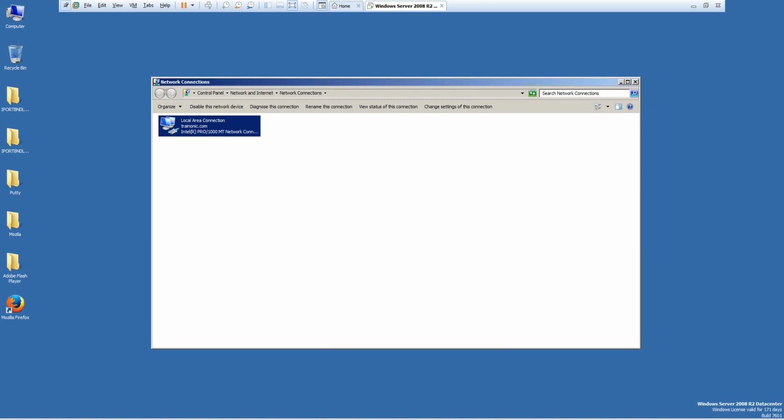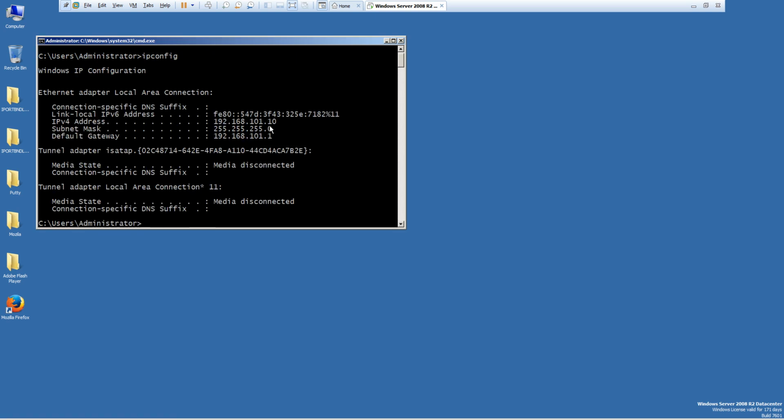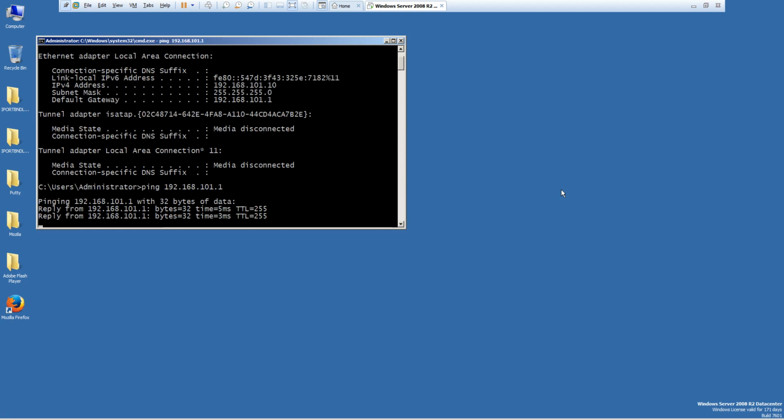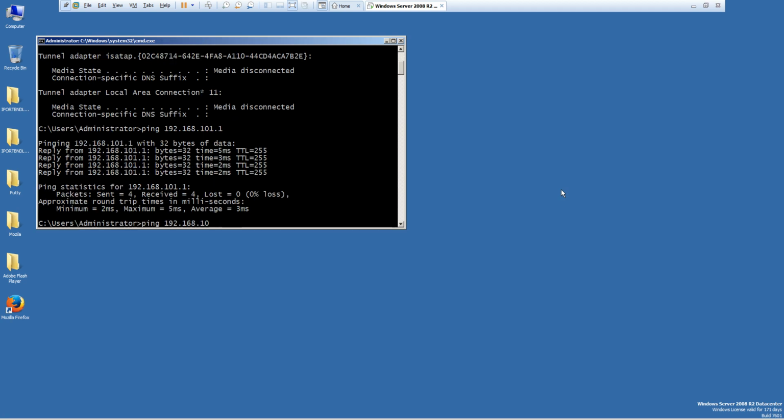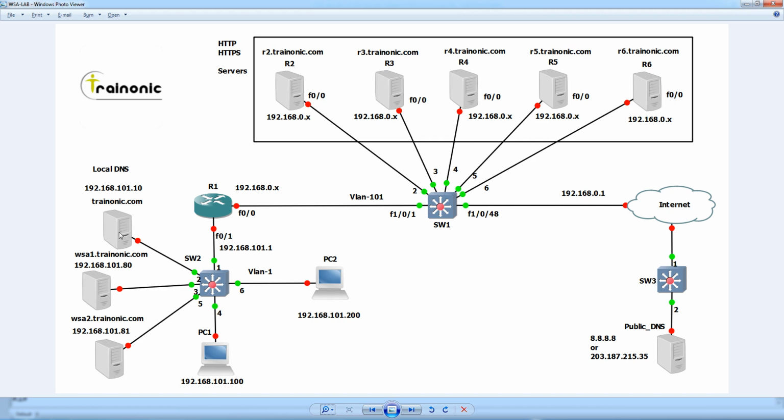Close, start, run, cmd, ipconfig. Ping its gateway 101.1, it is able to communicate. 0.11, yes. AD is able to communicate with R1.